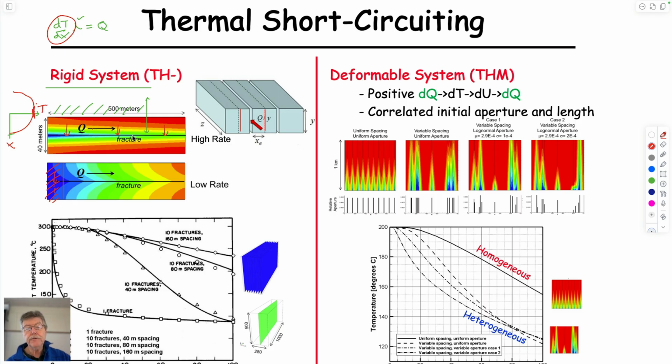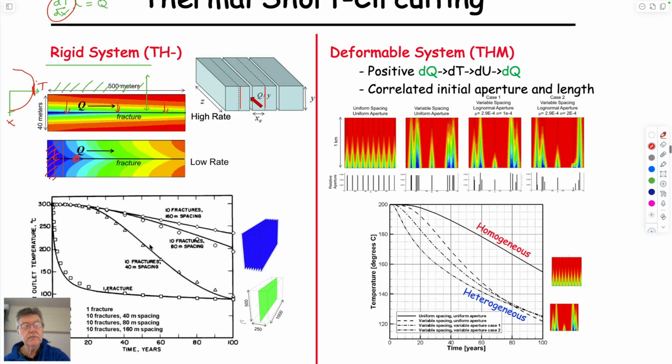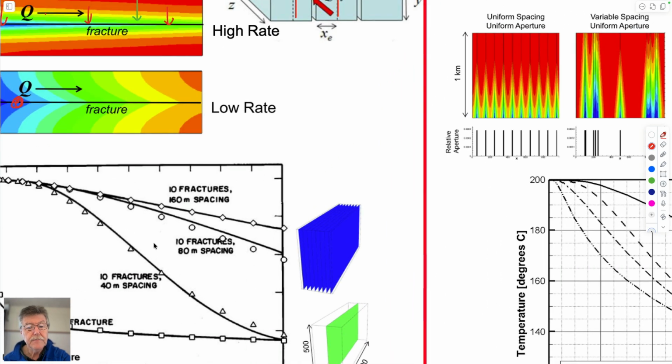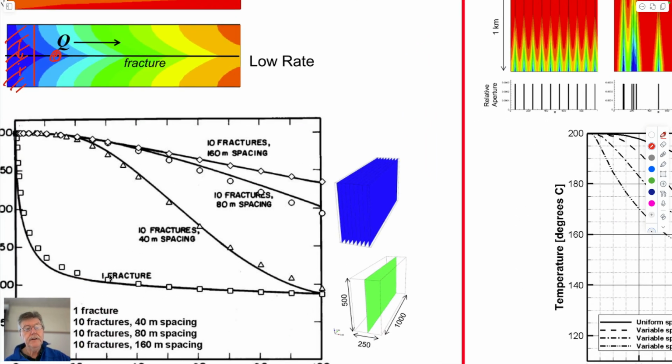This would have a thin skin of cold rock next to cold water. This one would have an upstream depleted reservoir where the temperature in the reservoir was pulled down to a low temperature, but along the fracture the water here is almost at reservoir temperature, and it would stay at that temperature all the way here. And so you can look at the recovery of heat out of the reservoir you get for these systems. And so these represent the spacing, and I can't see quite what the spacing is. The idea is if you have a